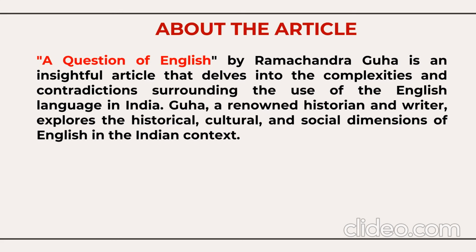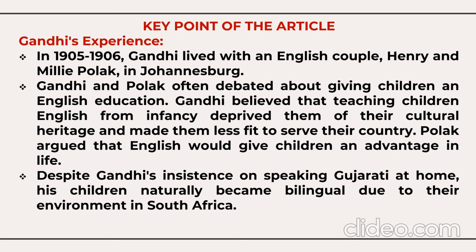Now we shall learn the summary, the key points of this article. The very first key point we have here, Gandhi's experience. In 1905 to 1906, Gandhi lived with an English couple, Henry and Millie Pollock, in Johannesburg. Gandhi and Pollock often debated about giving children an English education. Gandhi believed that teaching children English from infancy deprived them of their cultural heritage and made them less fit to serve the country. On the other hand, Pollock argued that English would give the children